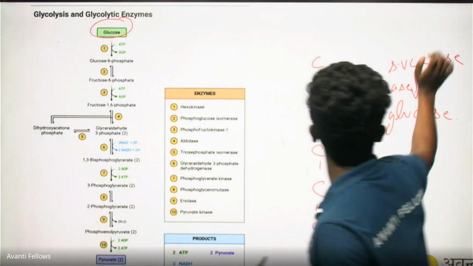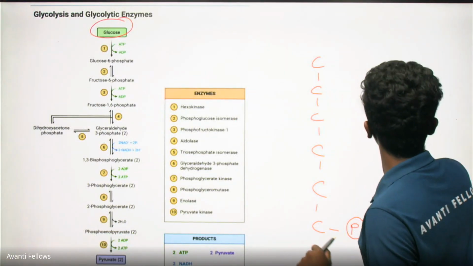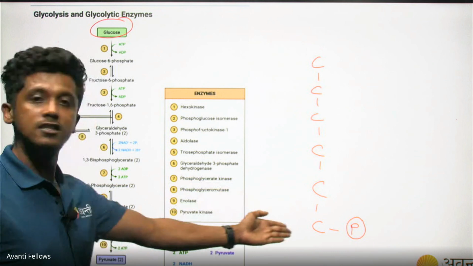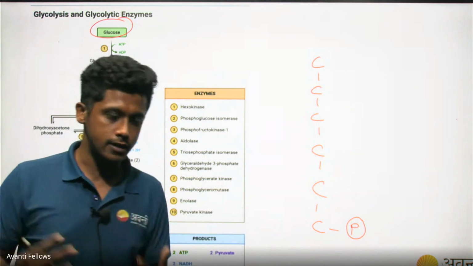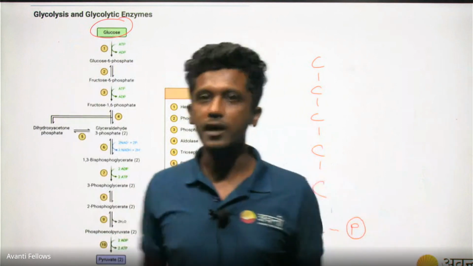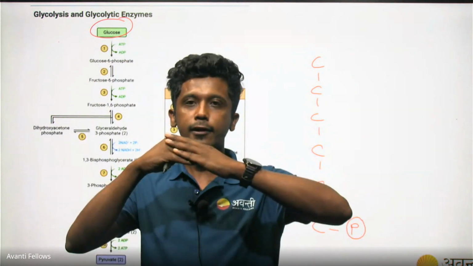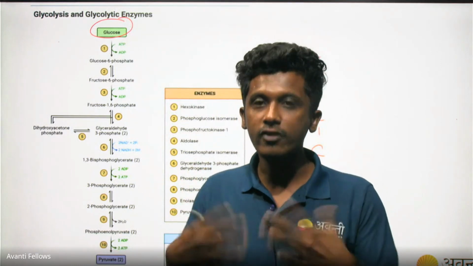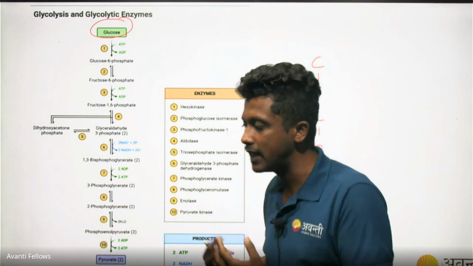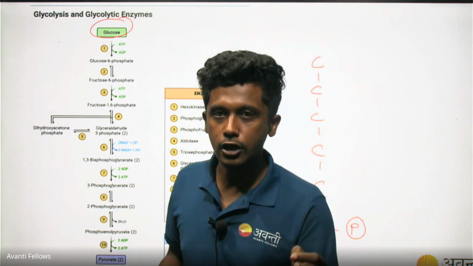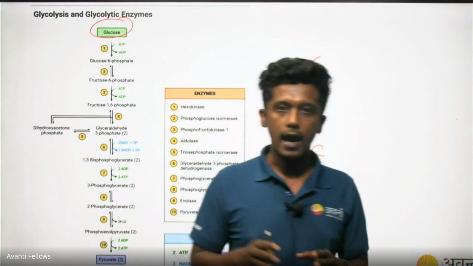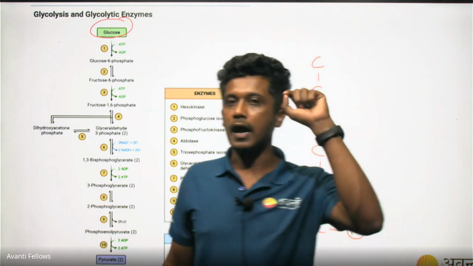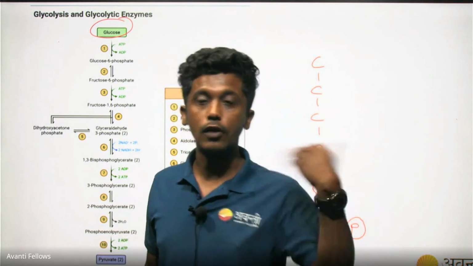Once we have the glucose, at the sixth carbon atom a phosphate molecule gets added. How do we get this phosphate molecule? For that, we have to invest. If you can see the whole picture, it can be divided into two important phases. One is you invest, and the second is you get the returns. Investment is that the cell is spending some energy or some factors, so that is called the investment phase. After the investment, we get the returns of it. So we have the investment phase and then the return phase. Now we are looking at the investment phase.